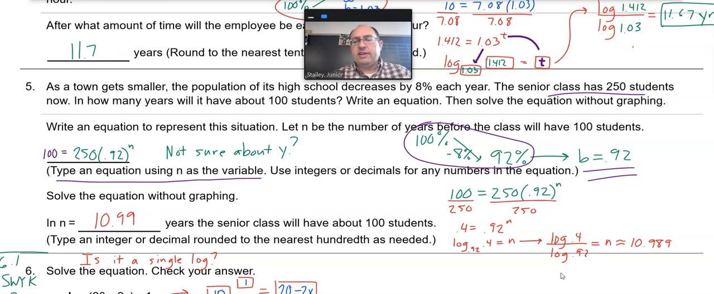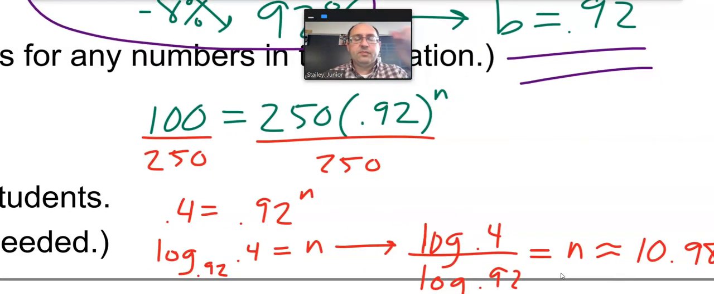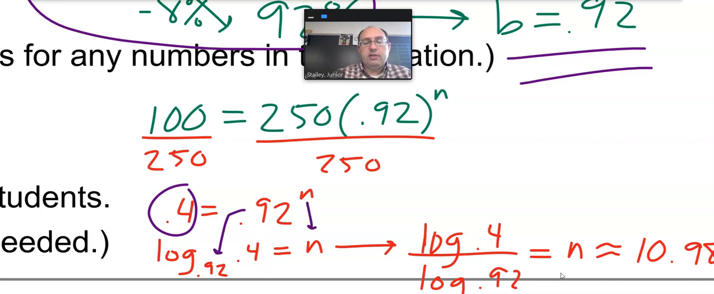The process of solving this goes along with the last one. So let me zoom in on that. So first we divide out the 250. Okay, so we did that. We got 0.4 over here. Then we change it to its log form. The base is 0.92. The exponent is n, and the only thing left is the argument, 0.4. I don't know how to do that, so I'm going to change the base. Log 0.4 over log 0.92. Okay, and that gives me